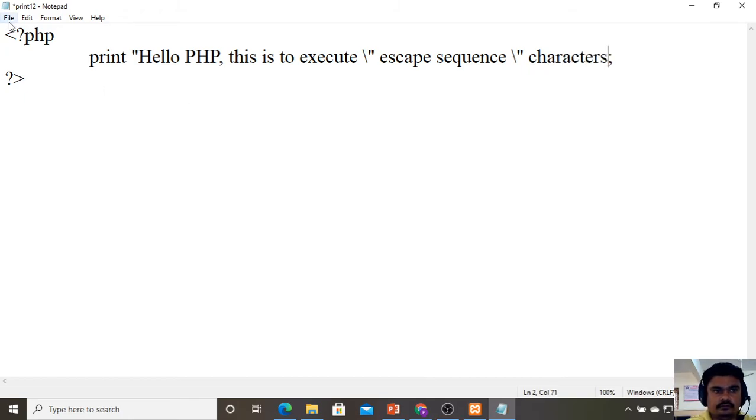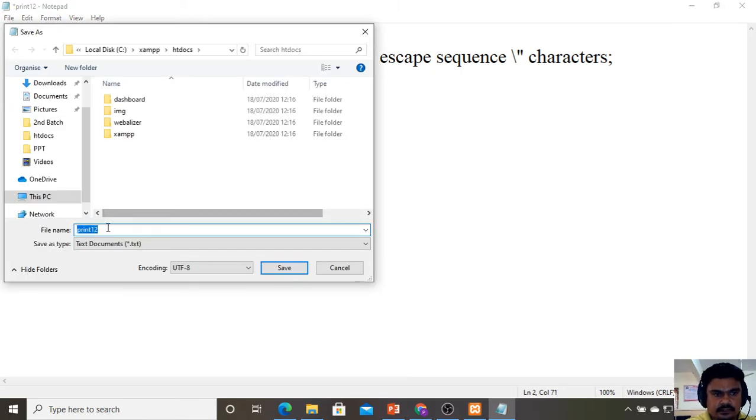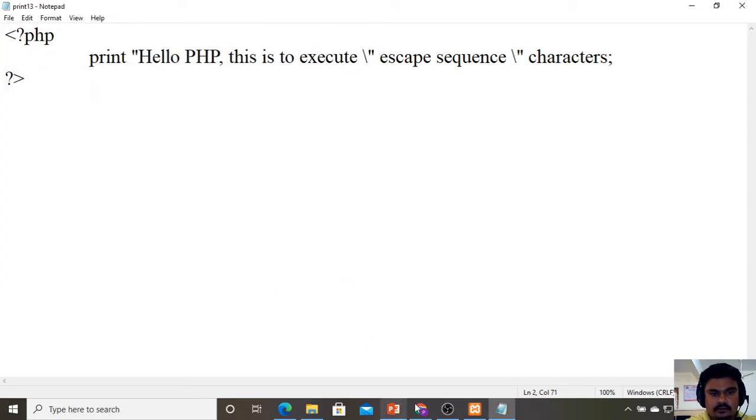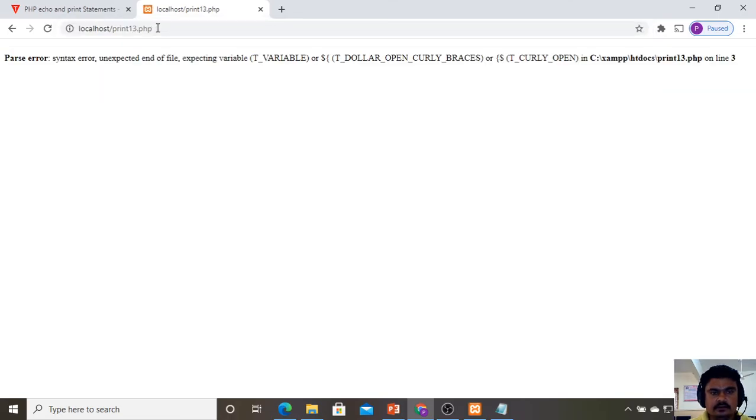So I am going to go for save as. Here I will see that it is all files. Go for print13.php, then press save. Go to the browser. So your file name is print13.php. Press enter.